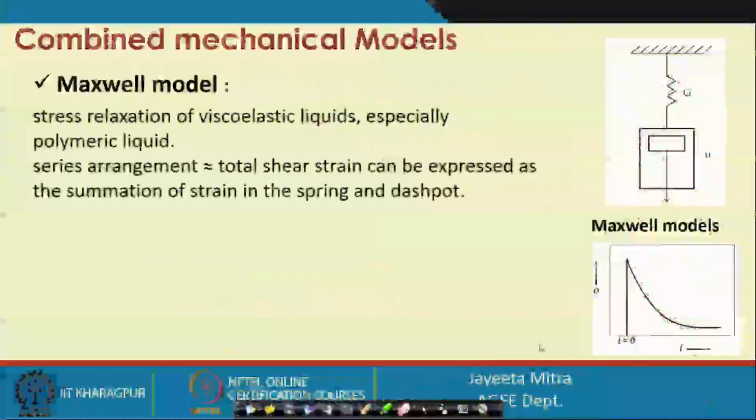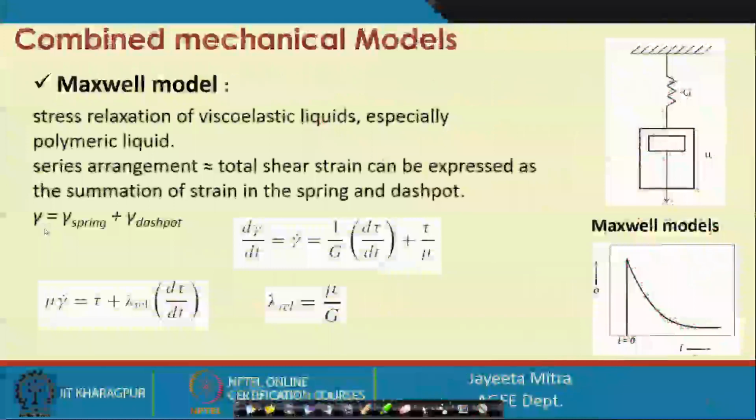So, in the series arrangement, when we apply any stress, the stress is equally transmitted to the dashpot as well as the spring, but the strain will be because of both the spring and the dashpot. So, we can say that in the series arrangement, the total shear strain can be expressed as the summation of the strain in the spring and the dashpot. So, gamma, that is the total strain, is equal to gamma spring plus gamma dashpot,